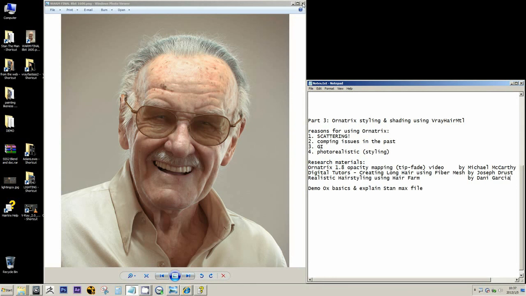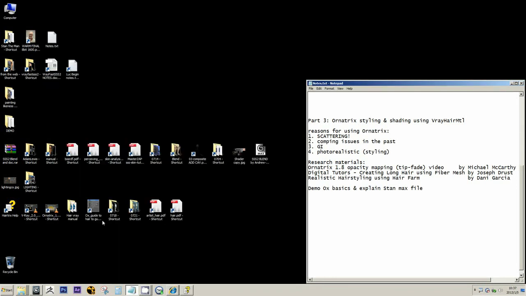Right. So what else can I share? I think we'll talk about this. It has to do with the Hair Farm, which I like. Anyways, let's move on. I'm gonna now jump into 3D Studio Max. I'll give you first a demo of the Ornatrix, you know, the basic